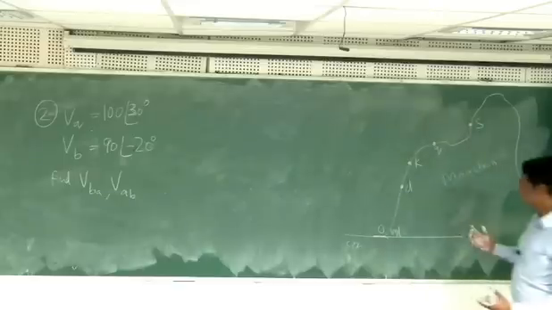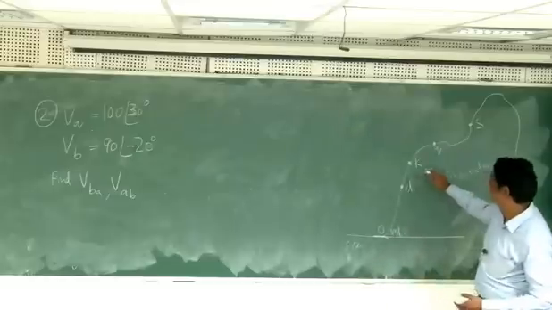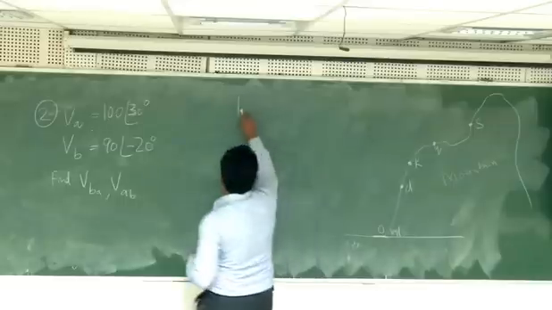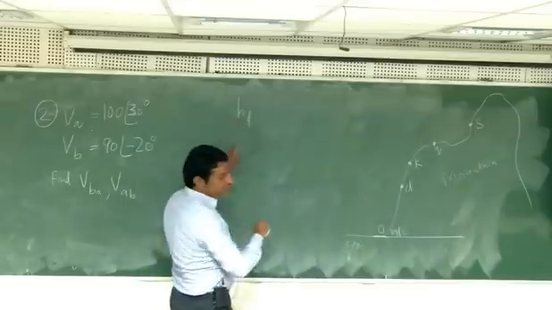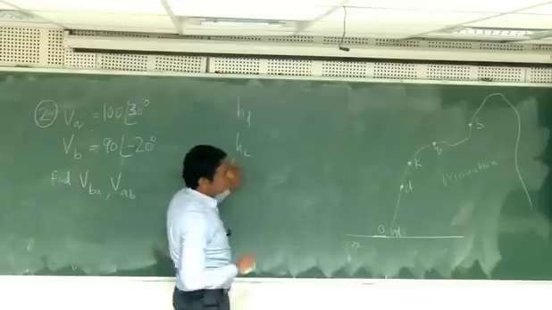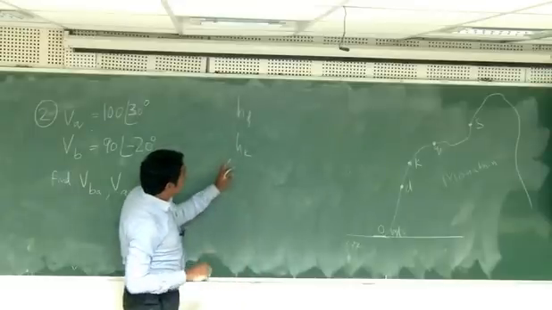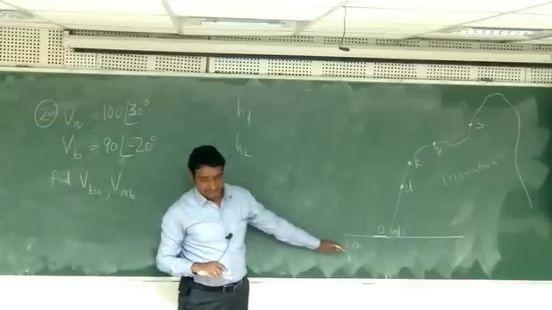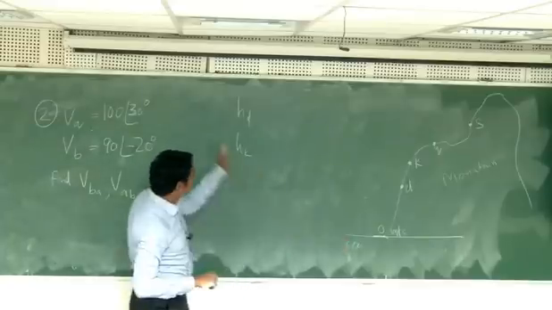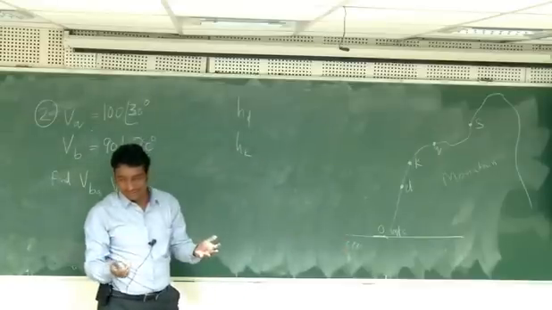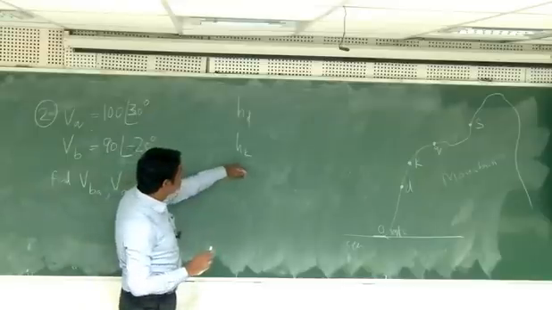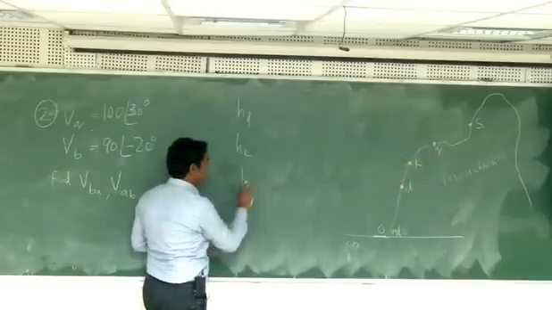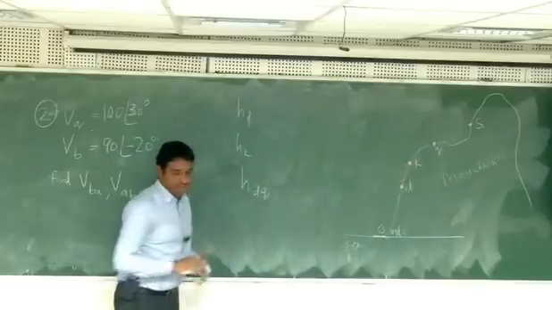So height of D, height of K, height of Q, height of S. So let's say HD, height of point D, HK, height of point K, like that. So when I write these numbers, all the time I am measuring with respect to sea level. I am only introducing notation. So what is the height difference between D and Q? So I will say HDQ.